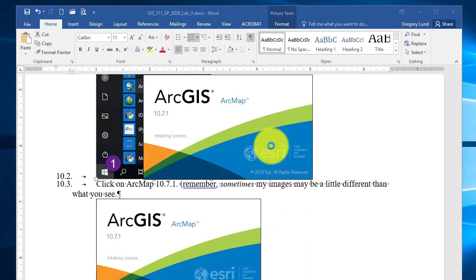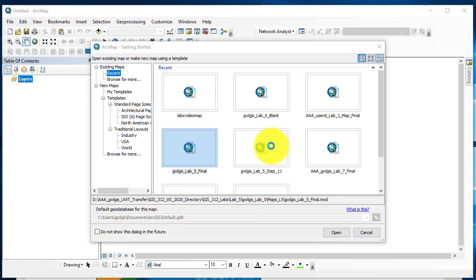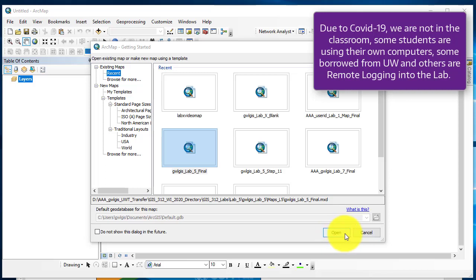It might be a little different in later years, but there's going to be some differences in how we log into ArcMap. Some students will be using the Windows button on the bottom of the screen. Other students will be remoting in first,